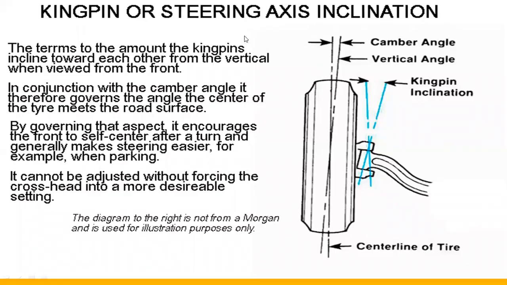You can see what is kingpin or steering axis inclination. The steering axis should be maintained correctly. If it is not maintained correctly, some disadvantages occur. The vehicle pushes to one side on the roads, with poor wheel return and hard steering. These are the disadvantages of not maintaining the correct inclination of the steering axis.